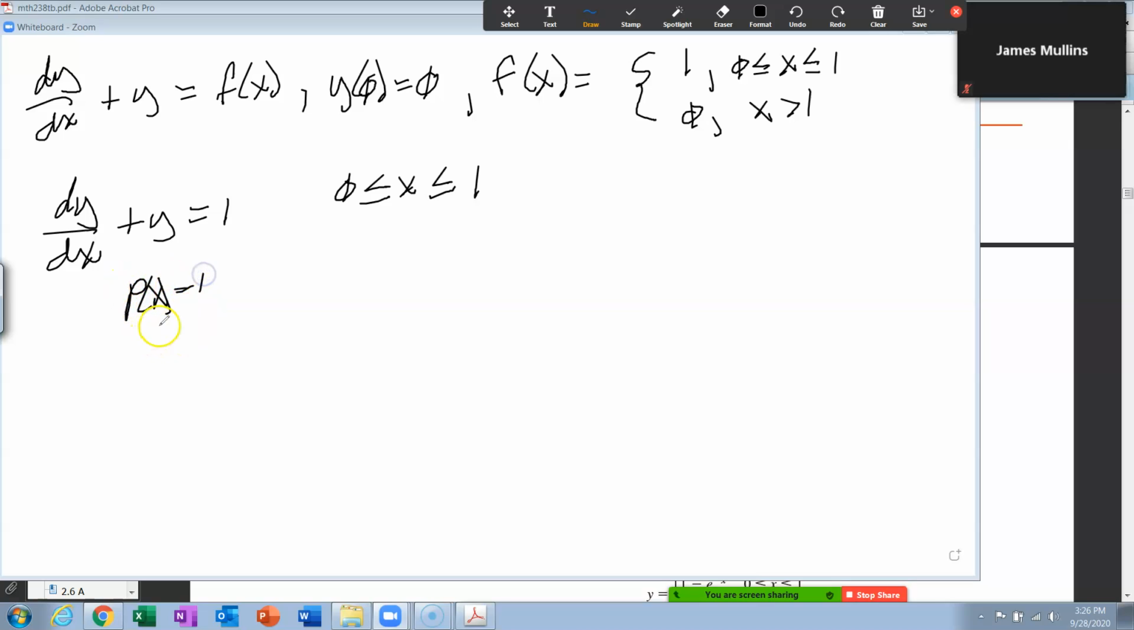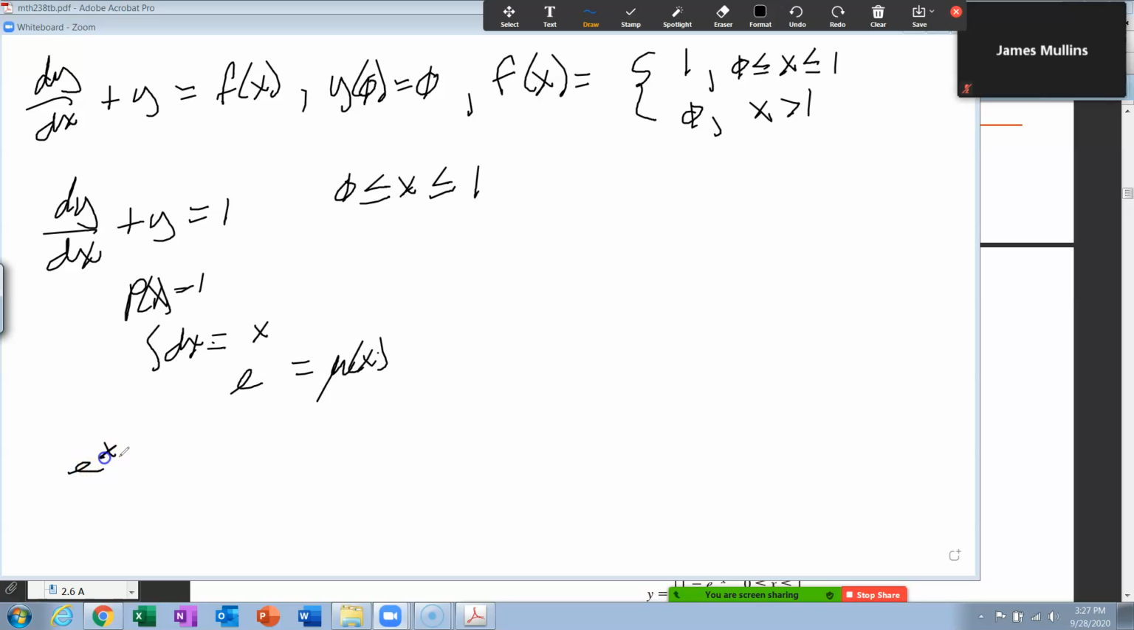So your p of x is equal to 1. You integrate that p of x, and you get x. We don't do a plus c with it, it's just x, and then you raise e to that power, and that becomes your integrating factor. We've seen this before, mu of x. So what do we do with that? We multiply everything on both sides by mu of x, and we have e to the x,